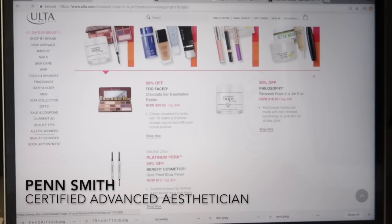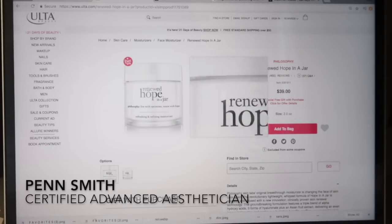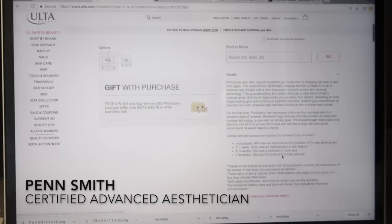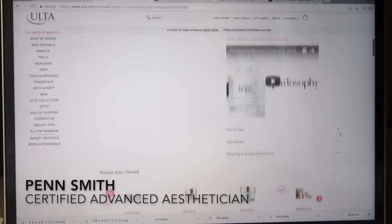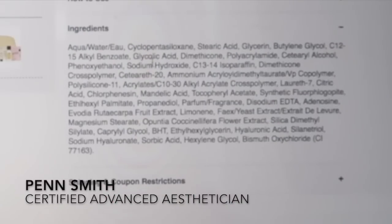Day 1, we have the Renewed Hope in a Jar by Philosophy. This is basically a moisturizer that contains alpha hydroxy acids. It has a bunch of claims about improved hydration, skin texture, pore size, that kind of thing. It does contain glycolic acid as its 7th ingredient, which is fine on the ingredient list. And its first couple of ingredients, like cyclopentasiloxane, this is a synthetic derivative of silicone, and it is very, very